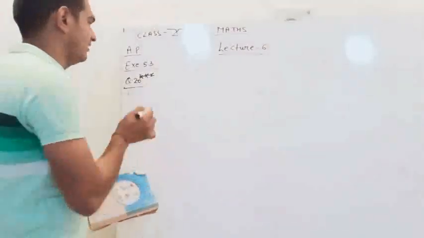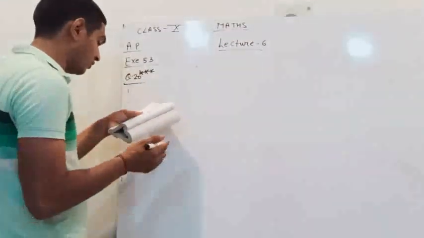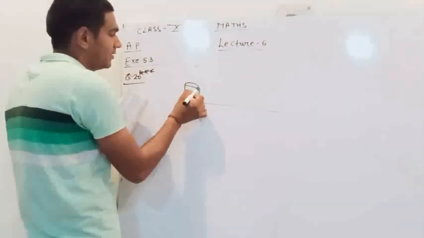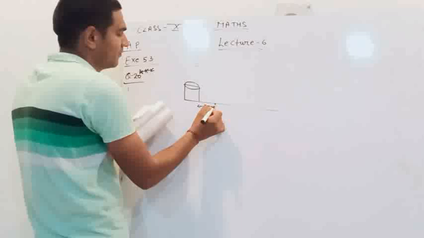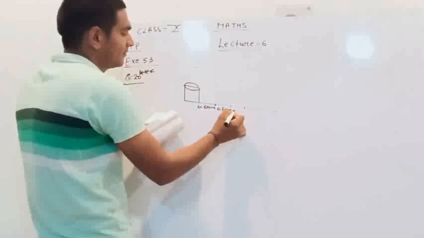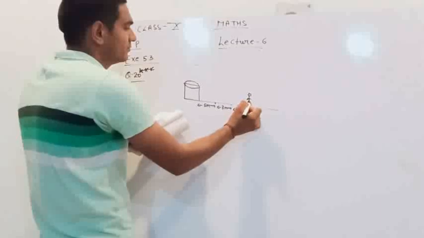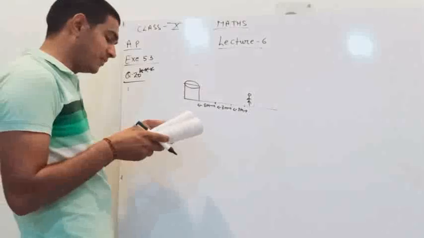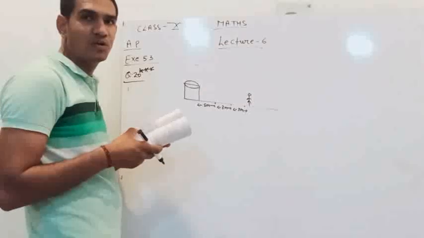Understand? Now the next question, question number 20 of exercise 5.3, which is also very important. Potato race. In a potato race, a bucket is placed here, and the first potato is at a distance of 5 meters. Then the next distance is 3 meters, then that distance is also 3 meters. A runner is present. The bucket is 5 meters from the first potato, then the potatoes are 3 meters apart. There are 10 potatoes in the line. The total number of potatoes given to you is 10.